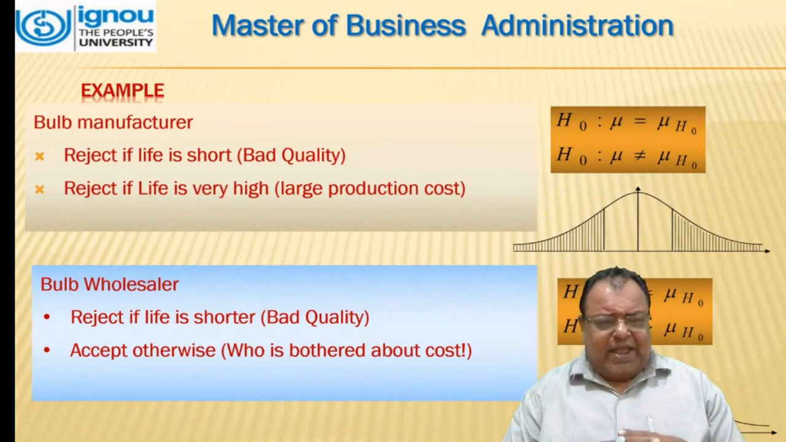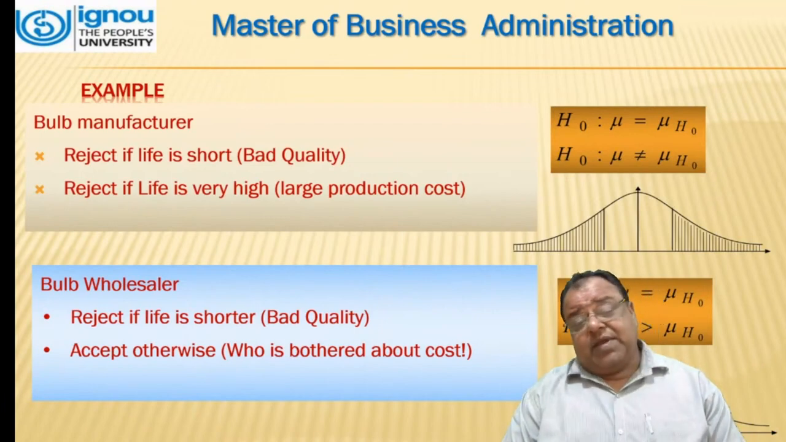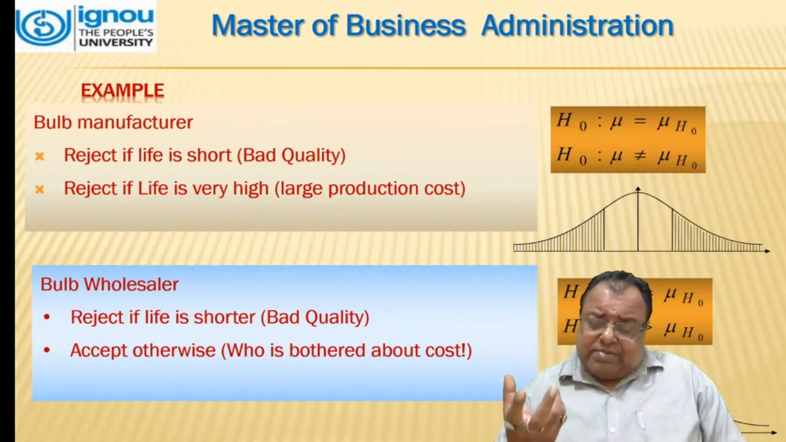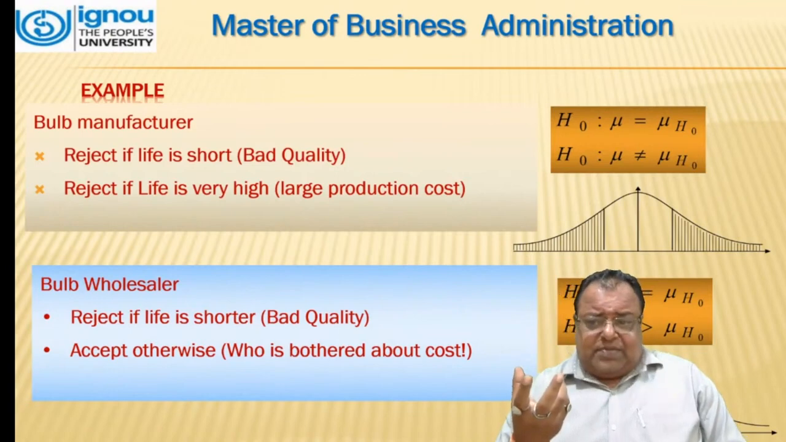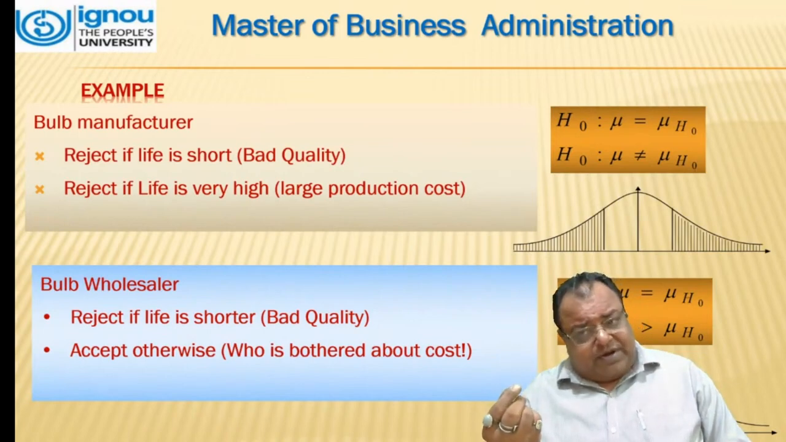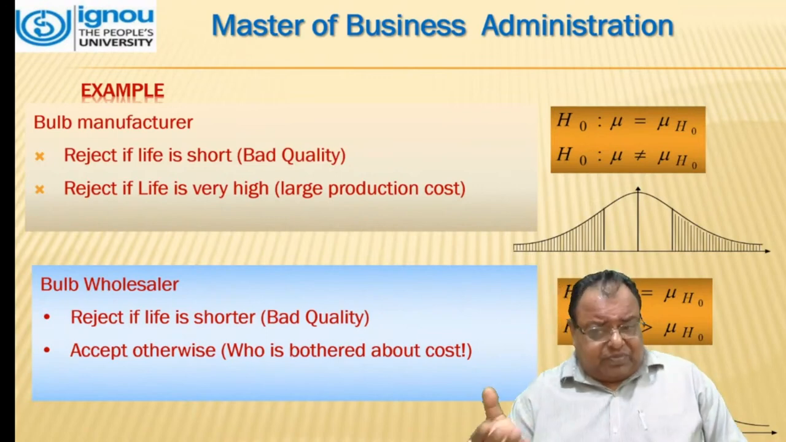Reject if life is short, that is, if it is of bad quality. And reject if life is very high, because that will be a case of large production cost. Mathematically, when we convert it into hypotheses, this is what we draw: H naught: mu is equal to mu H naught, and H1: mu is not equal to mu H naught. Your graph will be